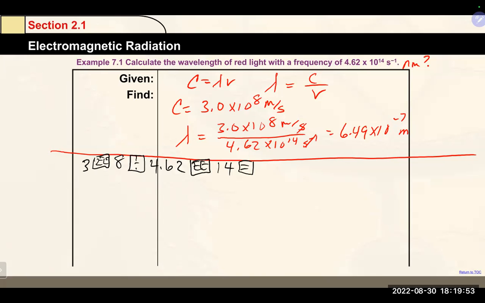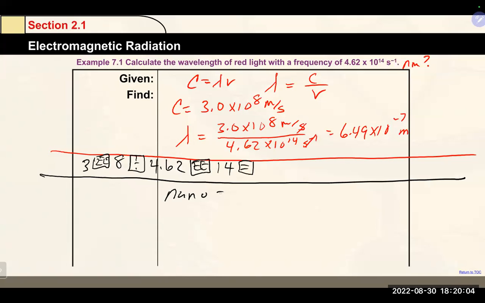Other questions on that? Okay, so this is in meters, and we are looking for nanometers. So nano is 10 to the minus 9. That means in 1 nanometer, there is 10 to the minus 9 meters, not the other way around, which most people screw up and do the other way around. So when you see that little thing like 10 to the minus 9, 10 to the 3, that again is how much there are in the base unit, which meters would be the base unit in this case, to one of the prefix units. So we would do our